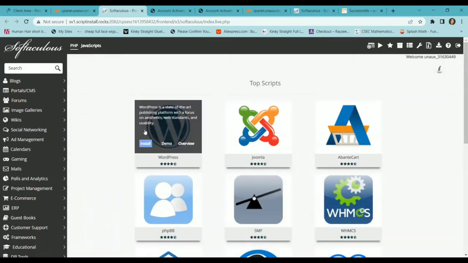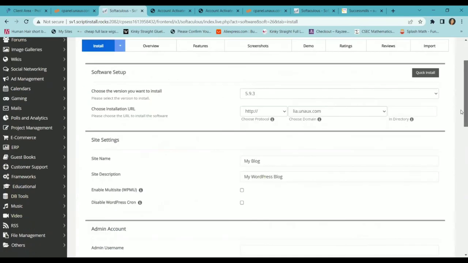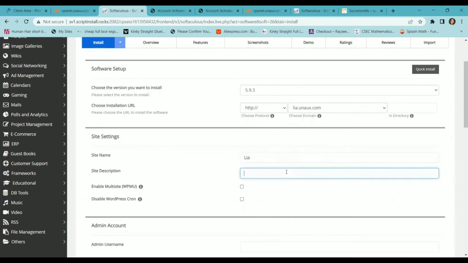So it's already there, and this is WordPress, and I'm going to go ahead and click on install because that's what I want. Now, as you can see, this is my website URL, which is leahanask.com. And if I pronounce this wrong, please correct me. So I want my site name to be Leah. So whenever people type in my URL, you're going to see Leah, and I want my site description to be Leah, let's see, fancy,